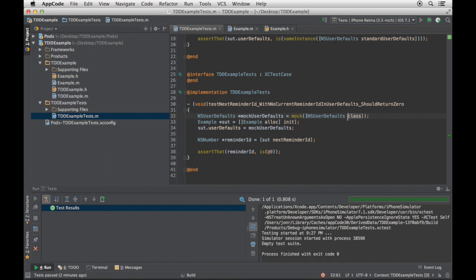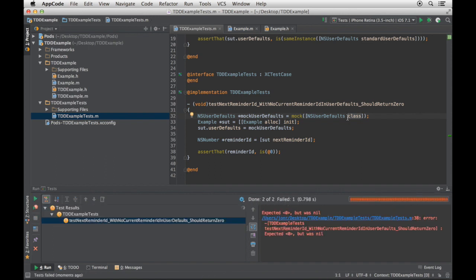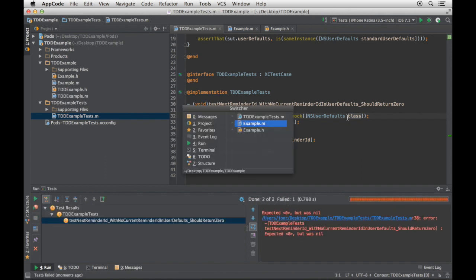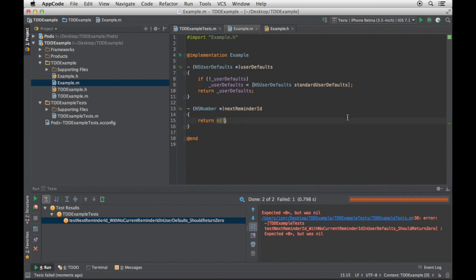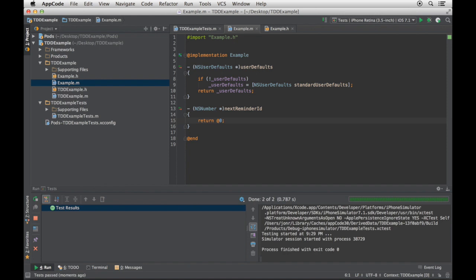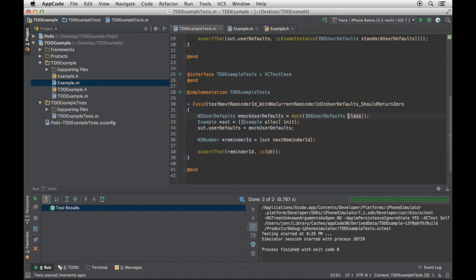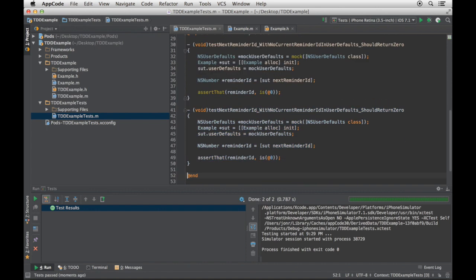All right, Control R. Expect this to fail, of course. Come back, set this to 0, expect it to pass. Super. Now let's say, well, besides returning 0, it should save 0 in user defaults.